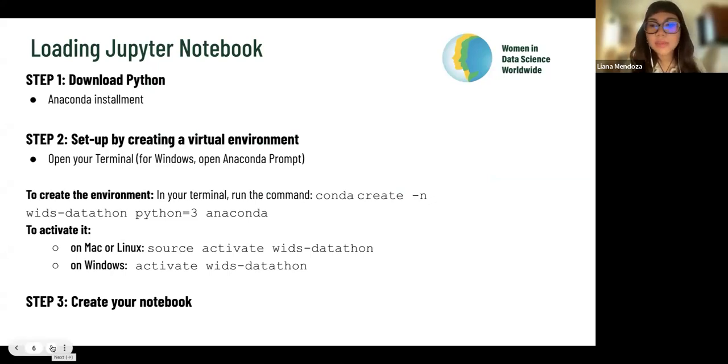So for this Datathon, you may be working within a group, of course, and it is recommended that you use Jupyter Notebook as the medium for programming. You may use different tools and also different languages according to your preference, but for this workshop itself, we will be focusing on tools such as Python and Jupyter Notebook.